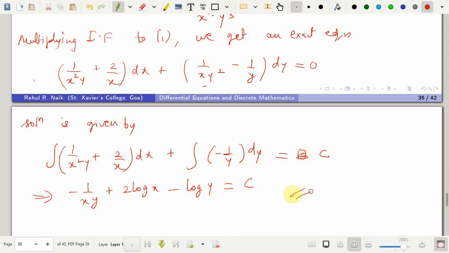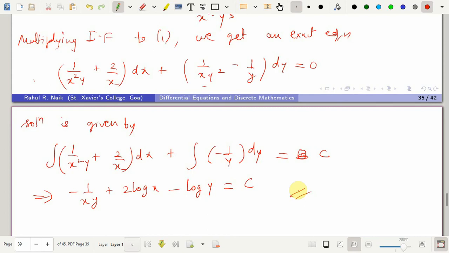So that's the solution of the given equation 1, and this is the way we need to identify the given differential equation. The given non-exact differential equation falls in which rule. There are 5 rules, and using those 5 rules we can convert the non-exact equation to an exact equation and solve it further.